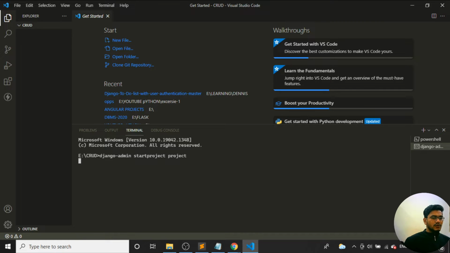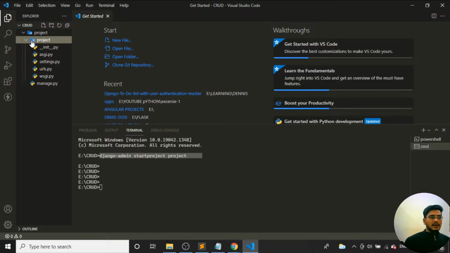Let's wait until it works. I can see it is taking me to the Django administrator. Once it has been done, we'll be able to see the folder here. It is taking a little bit of time. You can see it is done. The project has been created with a single command, and I got a few Python files. You should not change anything from here. And we got a manage.py file, by which we can run the server.